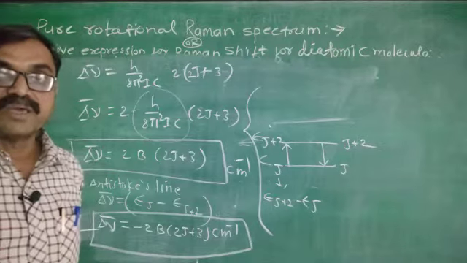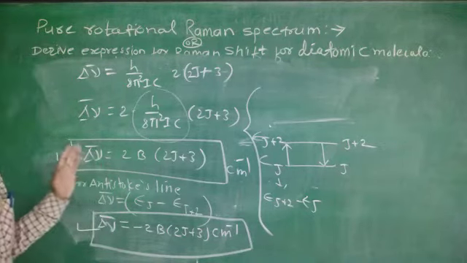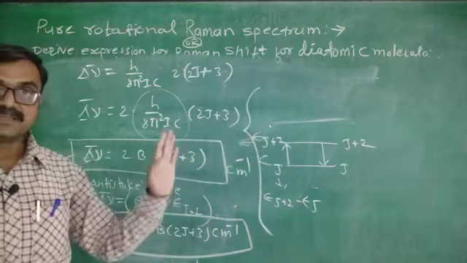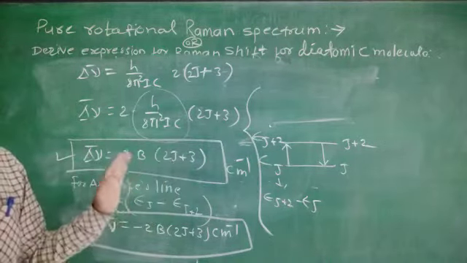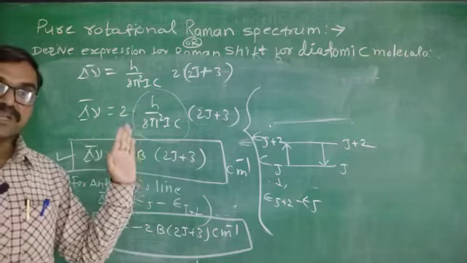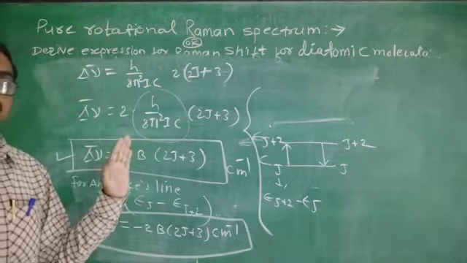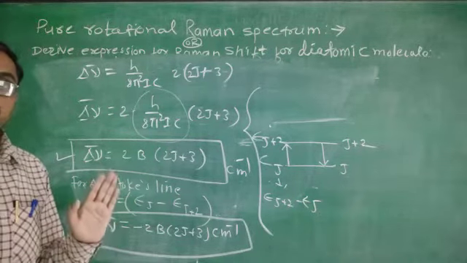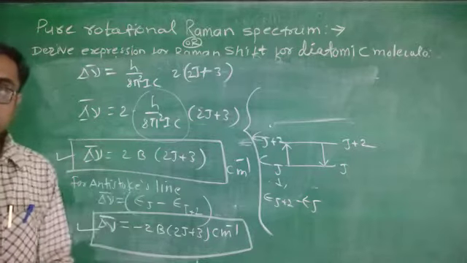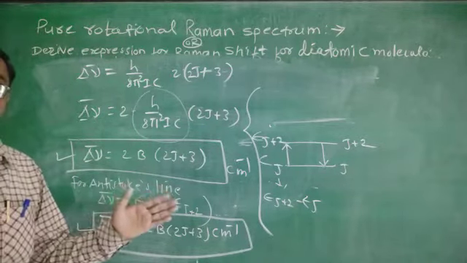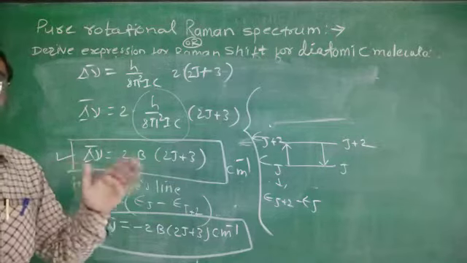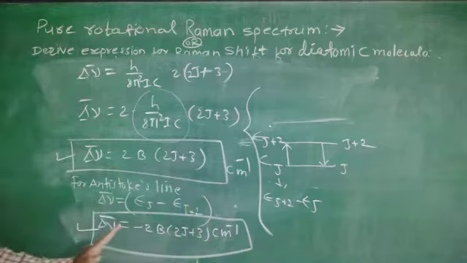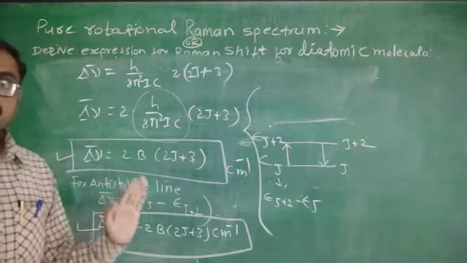Okay, I think you are all getting it. Only see Stokes and anti-Stokes lines, then the derivation. Initially you must know the selection rule. Later on you must know the general expression for the energy of rotation, that is Ej equals h square upon 8 pi square I, j into j plus 1, so many joules. In order to transfer this expression from joules to centimeter inverse, you have to divide it throughout by hc. Now this is the pure rotational spectrum of Raman.